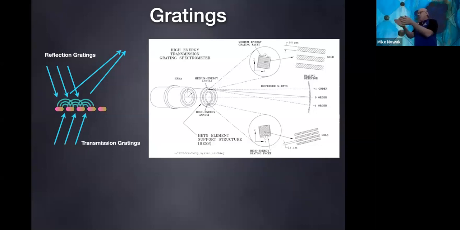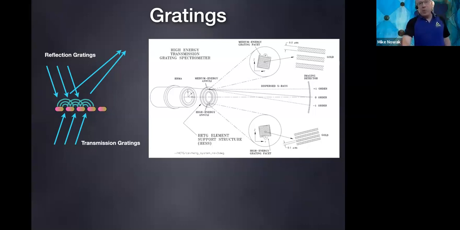In some places, they null out, they destructively interfere and leave nothing, and in certain specific locations, they constructively interfere. That happens as a function of distance perpendicular, and that picks out a specific wavelength. So you take the X-rays and spread them out into a line where each position along that line is a specific wavelength or energy. It's essentially acting like a prism in this particular case.